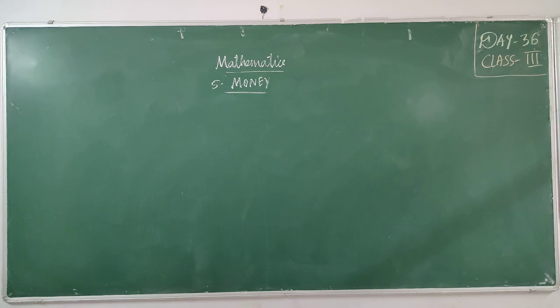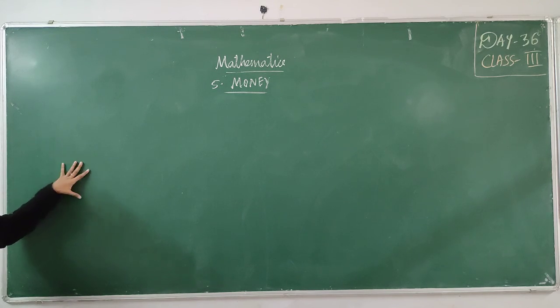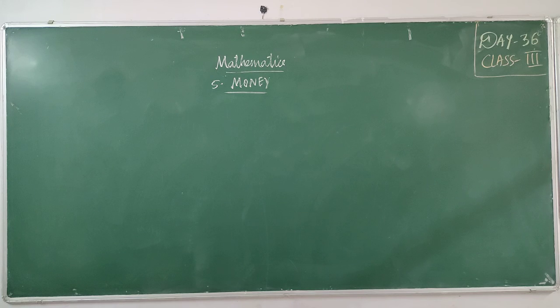Yesterday we learned about the conversion of rupees into paisa and paisa into rupees. Now today we will look into addition and subtraction. We have three operations in this chapter. In today's video we are going to learn about addition and subtraction of amounts of money. I'll write two examples for addition and then we will solve them. It is very simple, as we already did the chapter on addition and subtraction. It is going to be very easy for you.